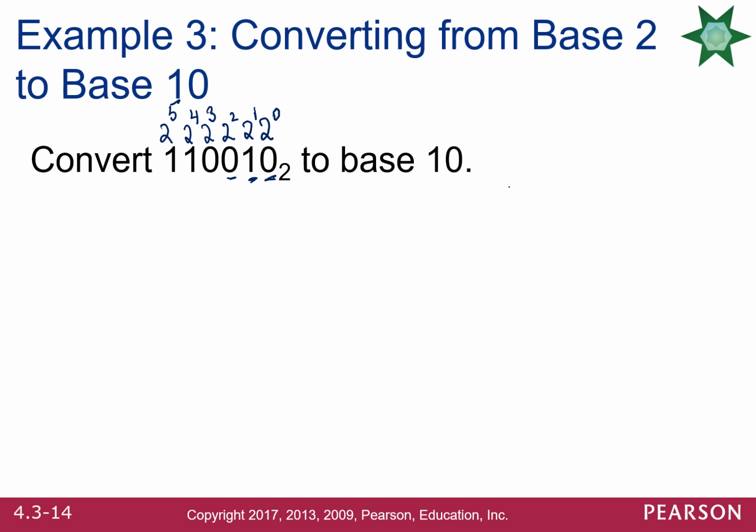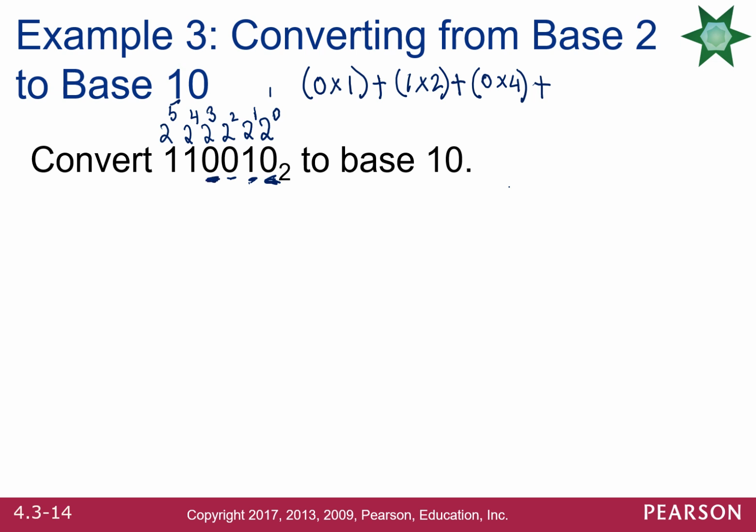So 2 to the power 0 is a 1, right? So the way we are going to go about it is, let's do that up here. I'm going to start from the right side. So we start with 0 times 1. 2 to the power 0 is 1, plus 2 to the power 1 is 2, so that means 1 times 2, plus 0 times 4, right? 2 squared is 4, so 0 times 4, plus the next digit is also a 0,